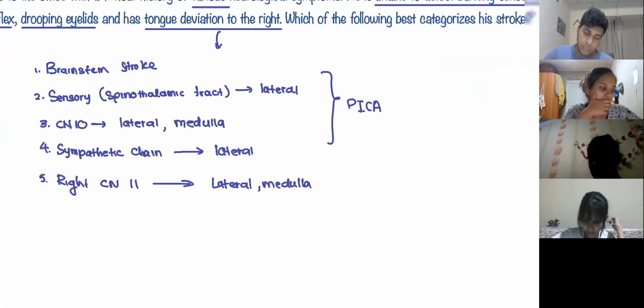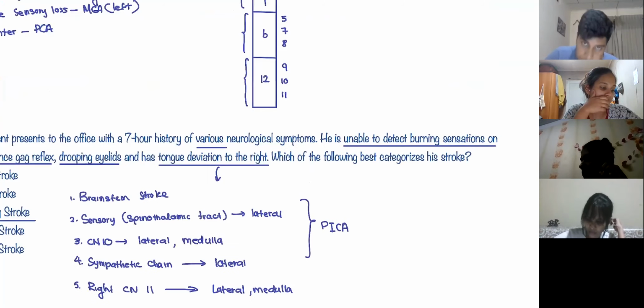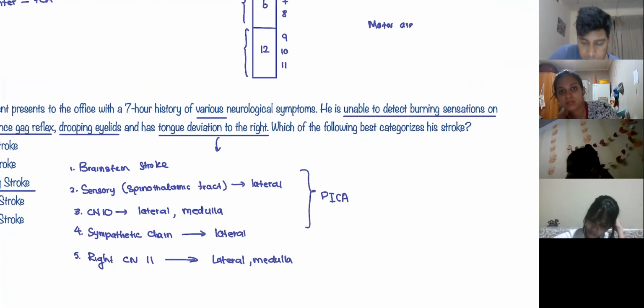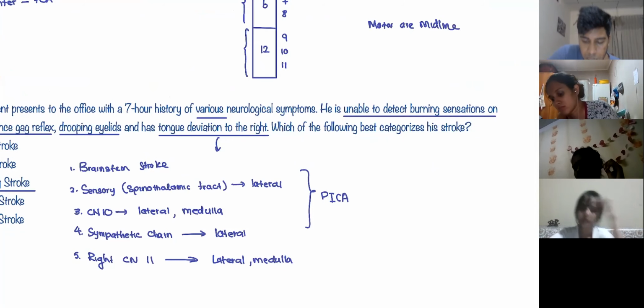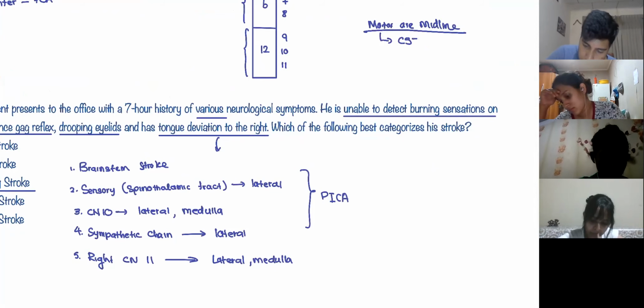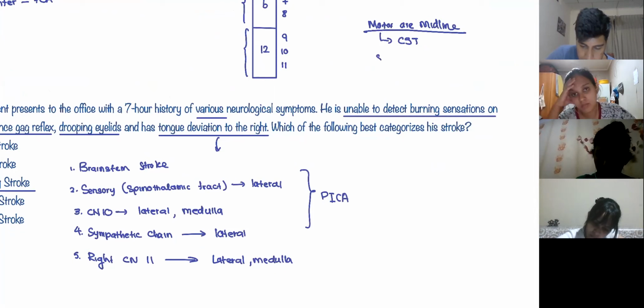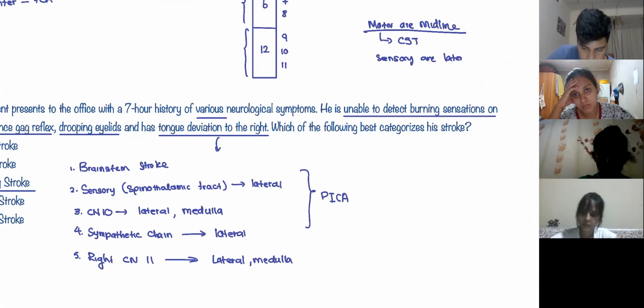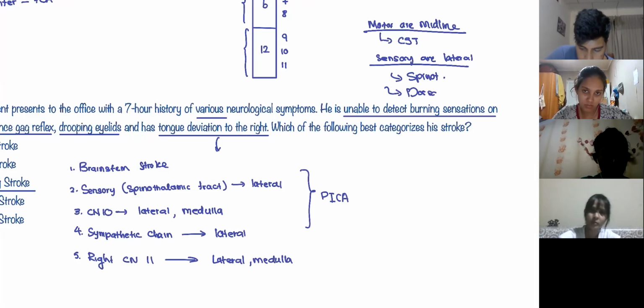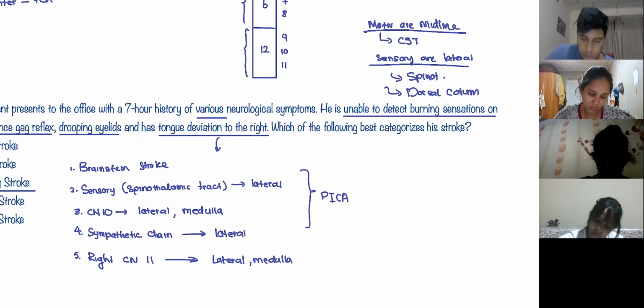Okay. If you didn't erase this, I said motor are midline. The reason I told you to delete it is I thought you might confuse yourself. Corticospinal tract is what we talk about if there is paralysis. Sensory are lateral. This is spinothalamic and dorsal column. When you talk about these,